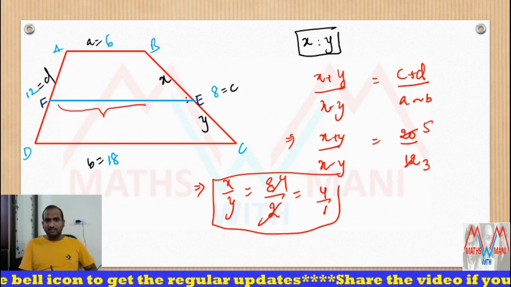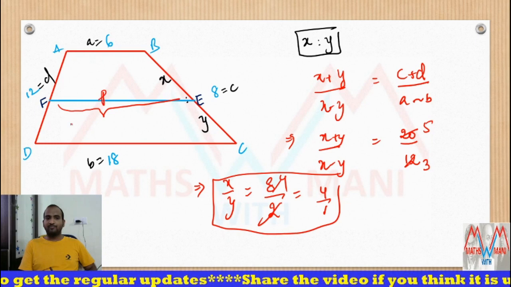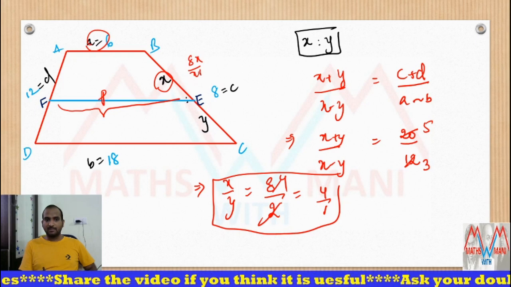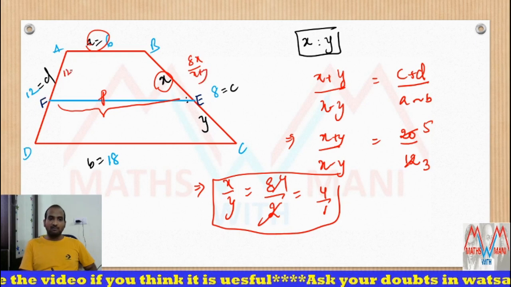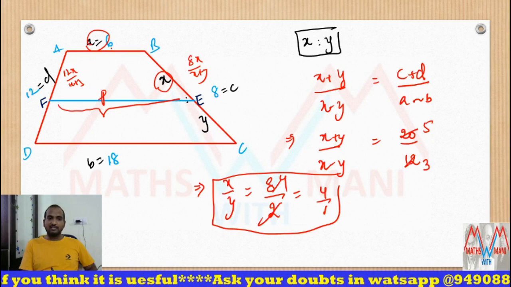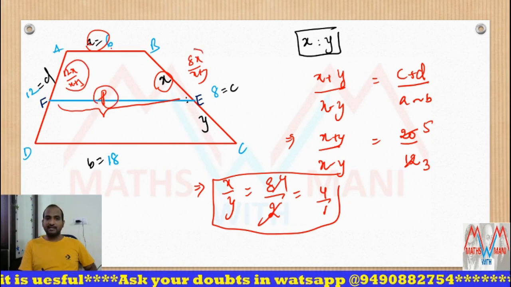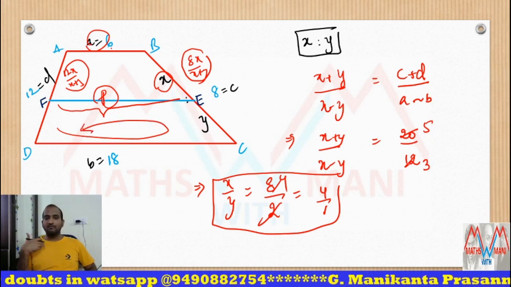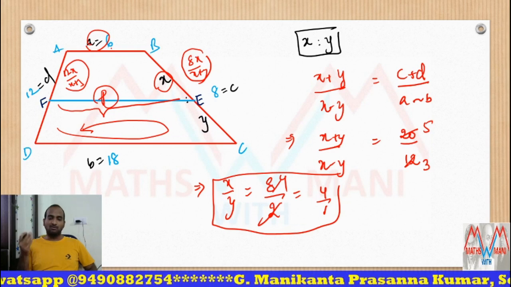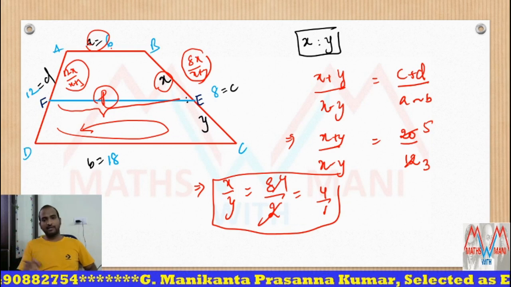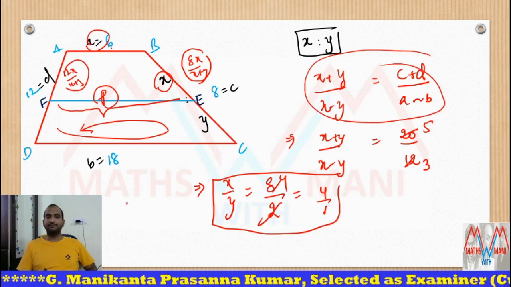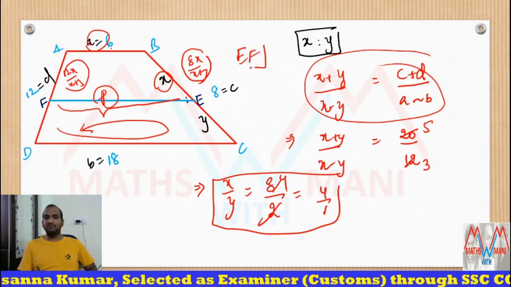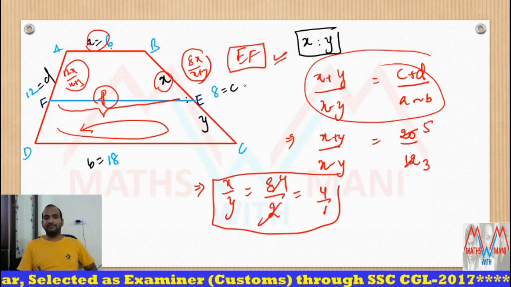If you don't remember it, you have to take this value as some p. The side lengths would be 8x by x plus y and 12x by x plus y. So 6 plus 12x by x plus y plus p plus 8x by x plus y is equal to the perimeter of the lower trapezium, and from that you have to find the value of x is to y. So definitely it takes longer. That's why I told this formula. This is very important. Now in the comment section, tell me the value of EF, the length of EF.